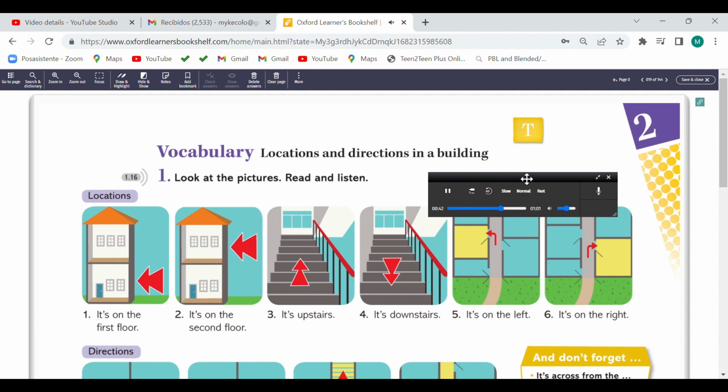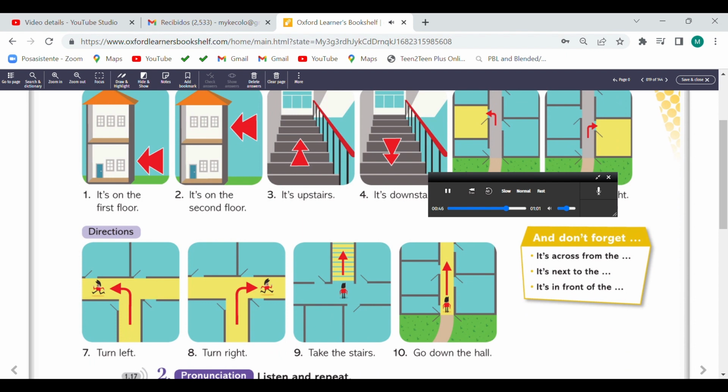Directions. 7, Turn left. 8, Turn right. 9, Take the stairs. 10, Go down the hall.